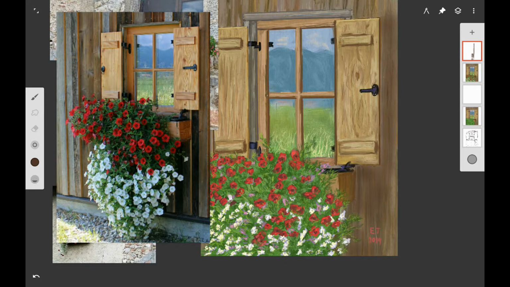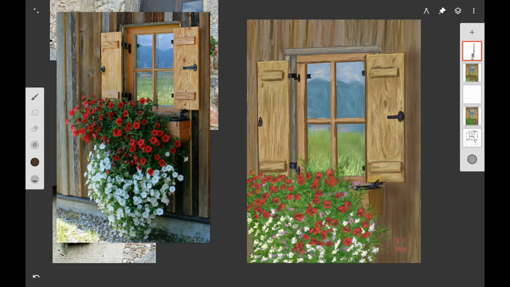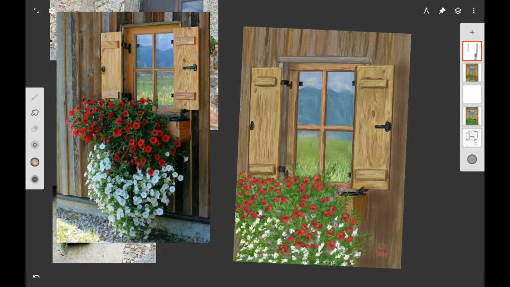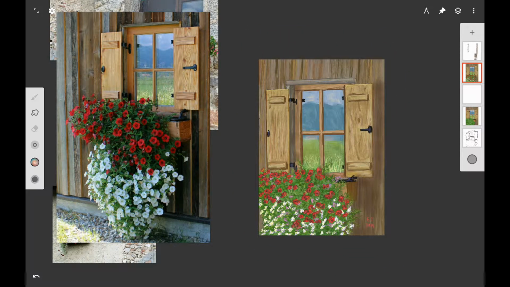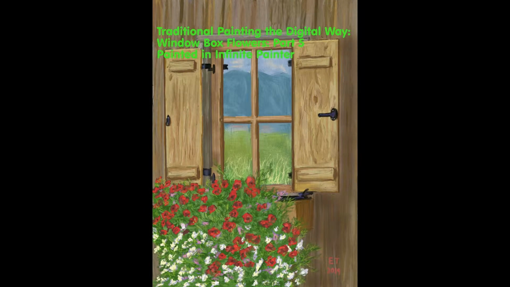and I just wanted that on the right side of the painting by the flower box and behind the shutters, and that just gives it a more three-dimensional look. And also a little bit on the left side there of the shutter on the inside of the window, and that just gives you your depth and your three-dimensional look there and finishes out the painting. So this is the end of my window box flower series,